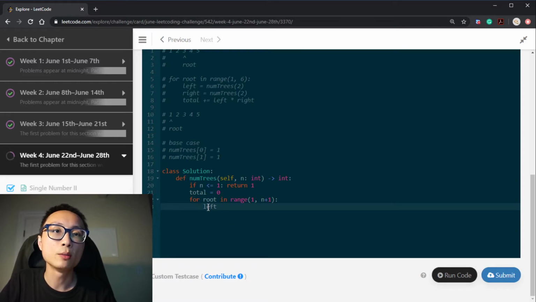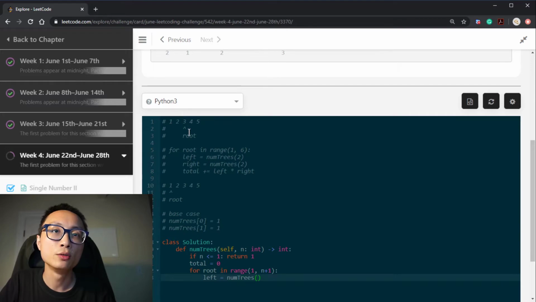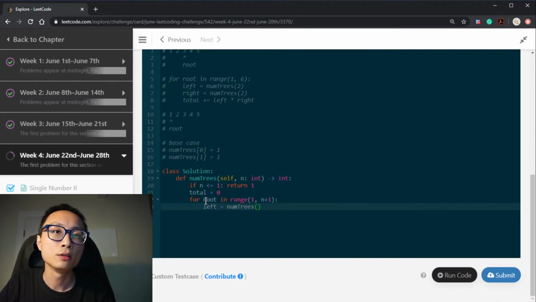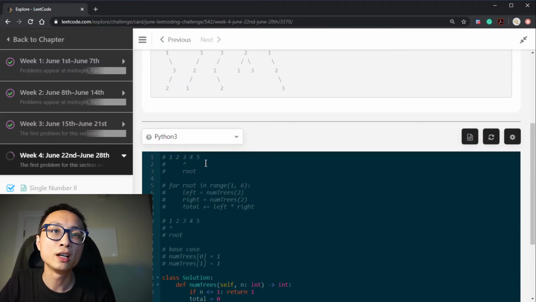We need to figure out the number of nodes on the left-hand side, which is the root subtracted by 1. Right is going to be, we have another 2 in this particular example, which is equivalent to n minus the choice of the root. So n minus 3 is equal to the number of nodes we have to form the right subtree, which